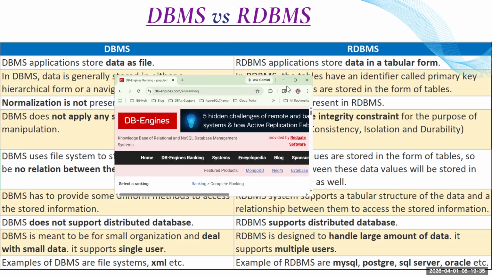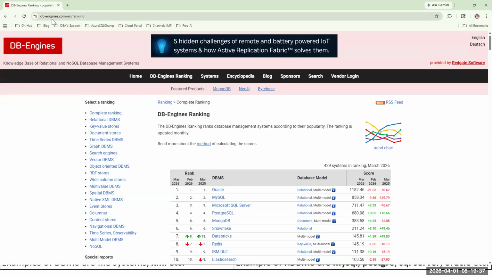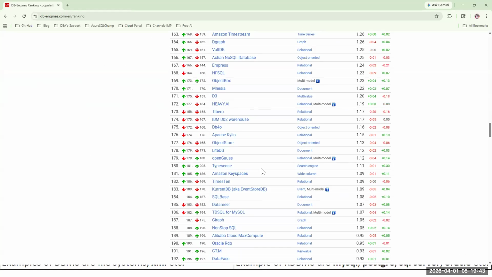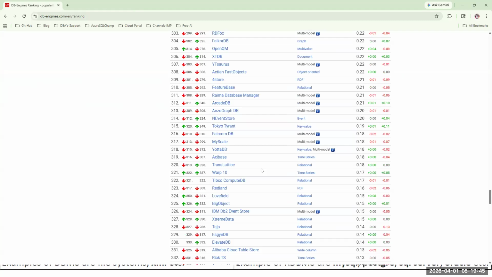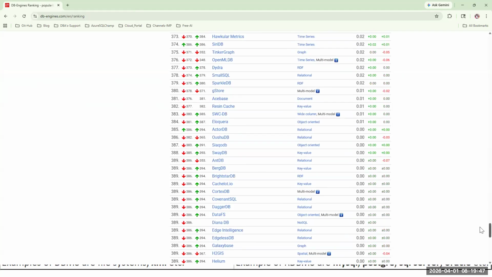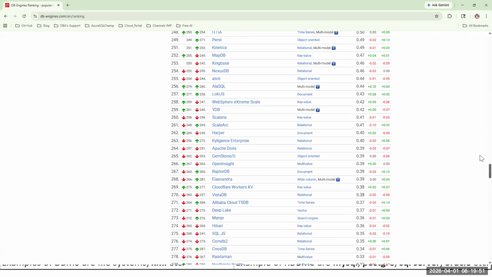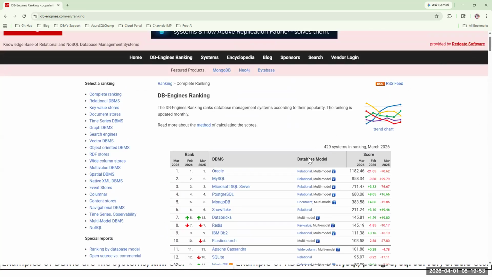To generalize this, there is a website called DB-Engines. These many database management systems are there, almost 389 throughout the globe. We know only the top 10 or so.